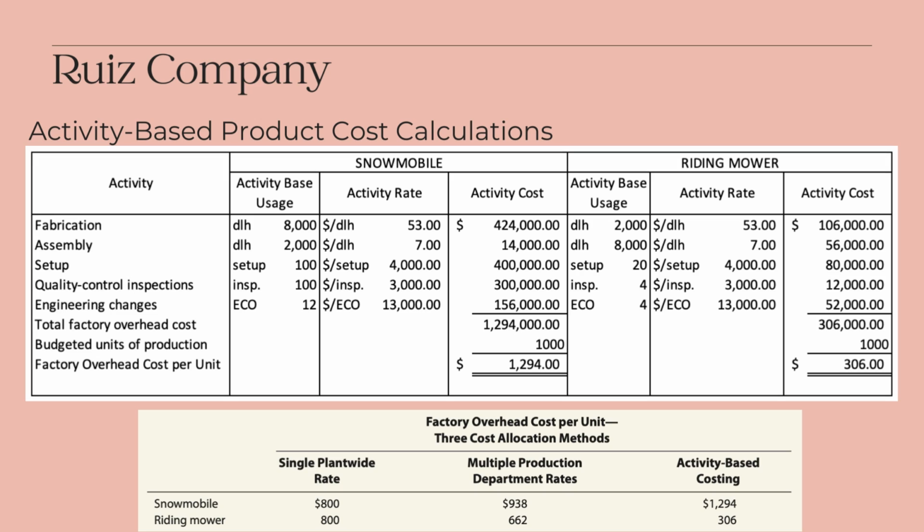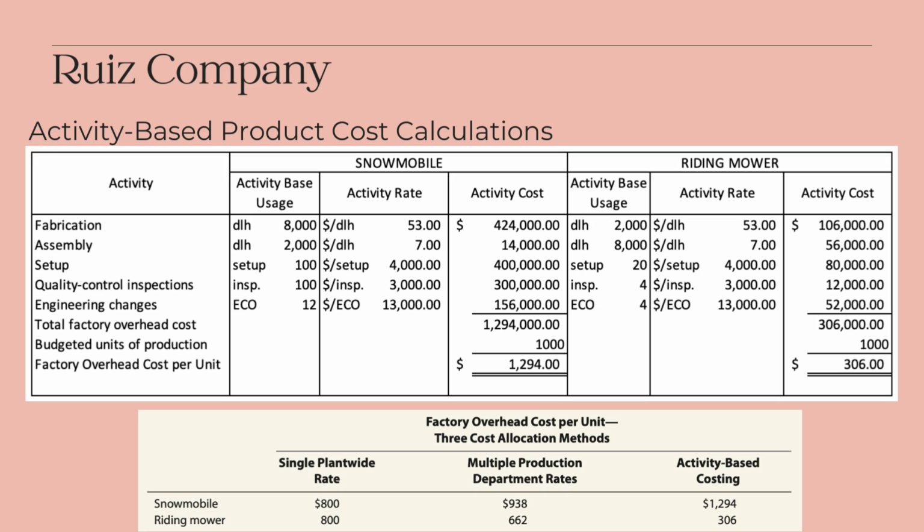And for multiple production department rates, because there were two departments identified but only a single allocation base, direct labor hours, as identified, we have a resulting factory overhead cost per unit for snowmobile for $938 and for